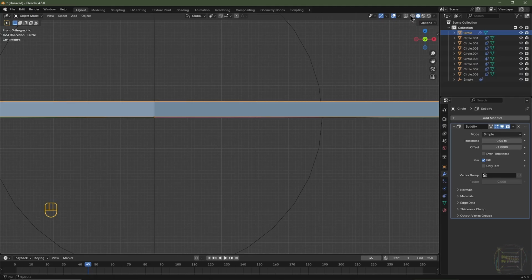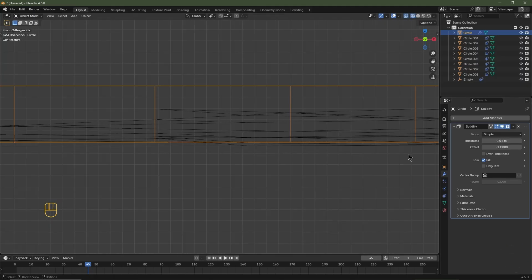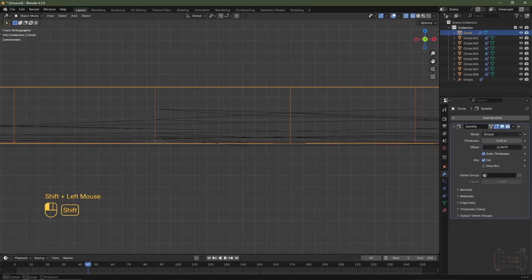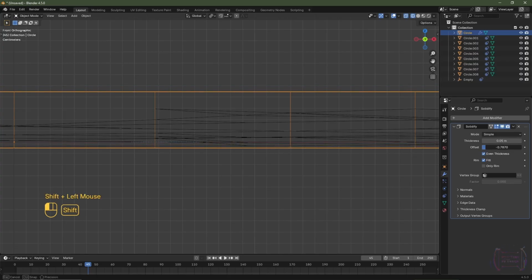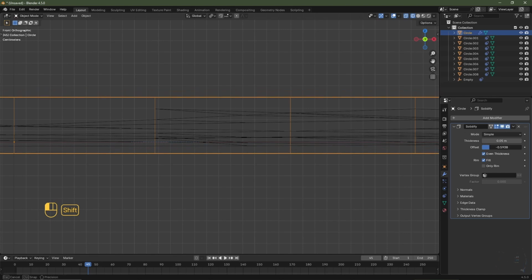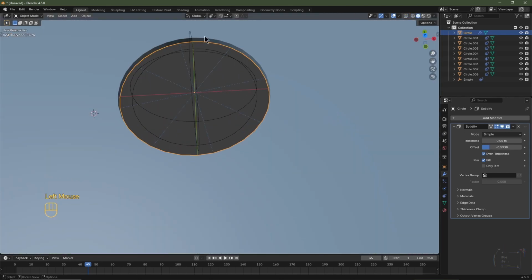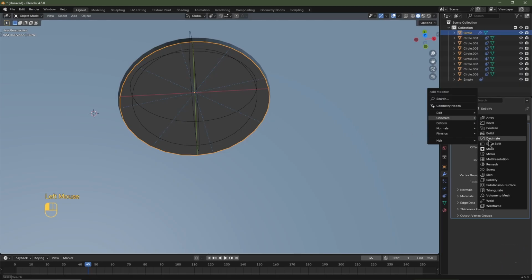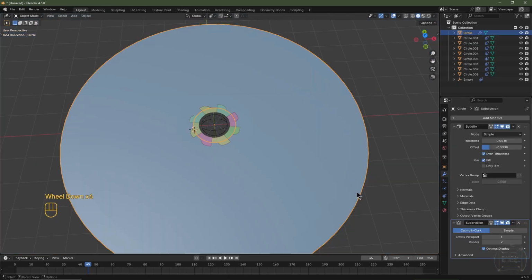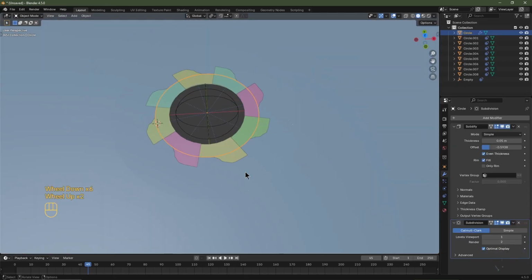Okay. I'll then go to wireframe view, and on the solidify modifier, I'm going to choose even thickness, and for the offset, I'm going to increase this value until all the flaps are in the center of the solidification, so around about there perhaps. I'm going to go back into solid view. The edges are a bit jaggedy, so I want to add a subdivision surface, so I'm going to go add modifier, I'm going to go generate, and I'll choose subdivision surface. The reason this is coming through is because obviously we haven't got enough geometry to hold the edge loops, so